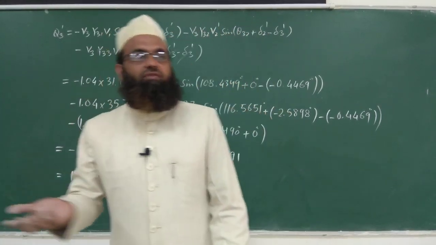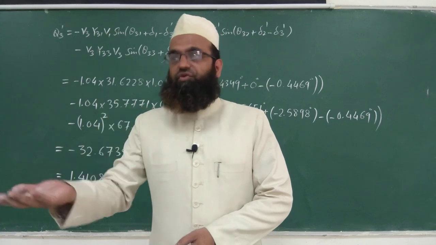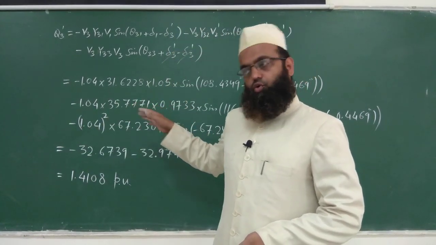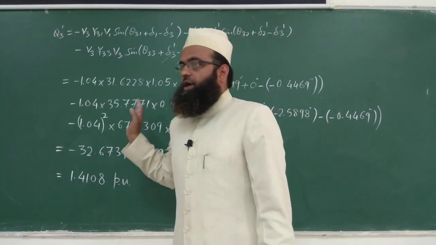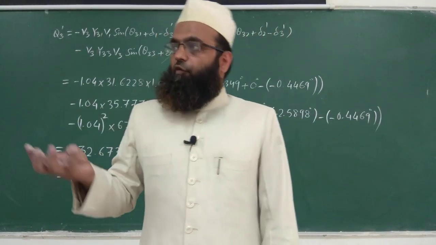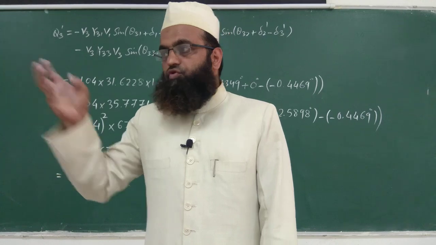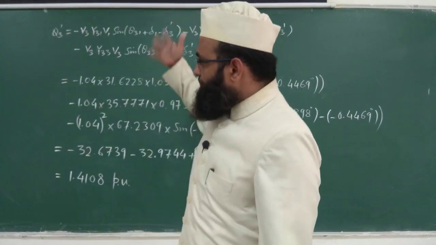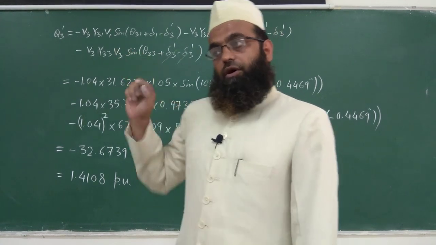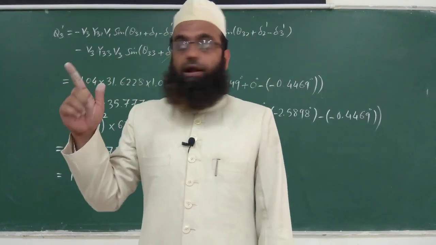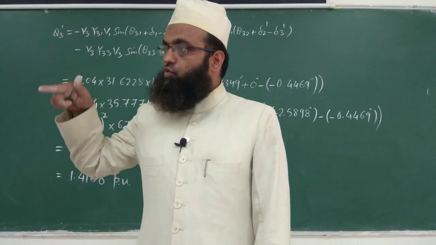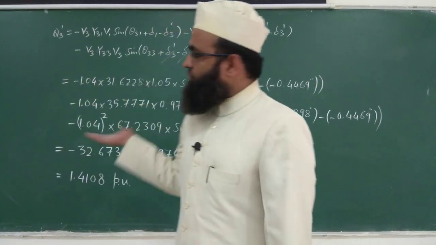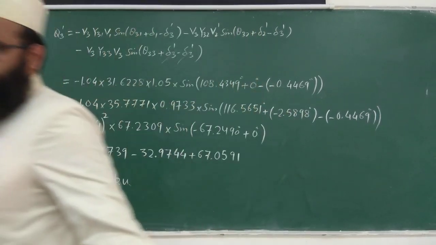If someone asks what will be the values at the next iteration, second iteration, and so on, the same procedure can be used. Now we have our variables updated from initial values delta 20, delta 30, V20 to how much? Delta 2 1, delta 3 1, V2 1. So use these variables and the same procedure can be applied. Thank you very much.